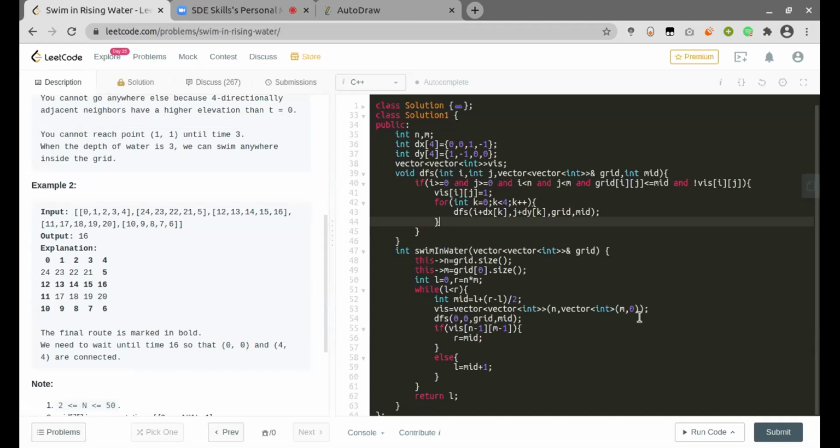Okay. See, Abhishek, this is a very smart and very optimum approach in the binary search way. You are using DFS, but whenever you run the DFS, you don't return anything to compare with and move from your left search space to the right search space. You are actually looking only at the visited status of that end cell, the bottom right one, right? That is the one you are looking for.